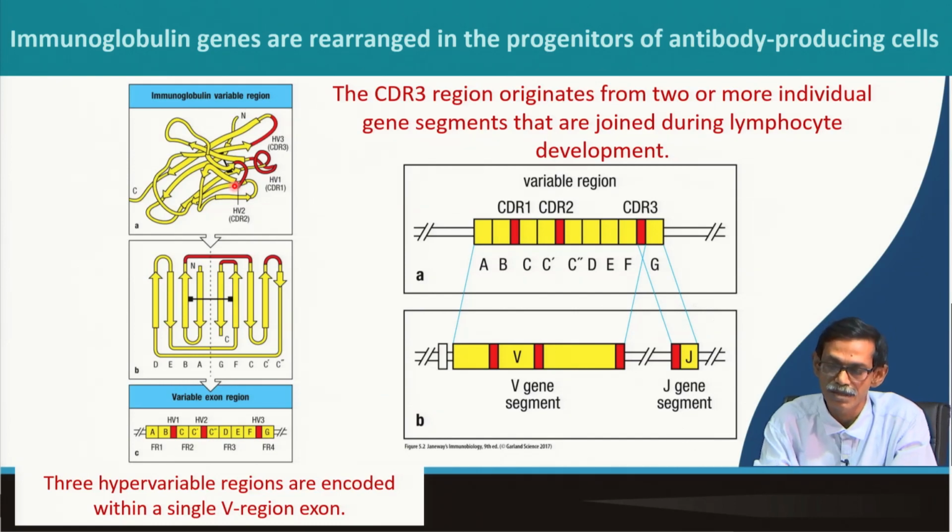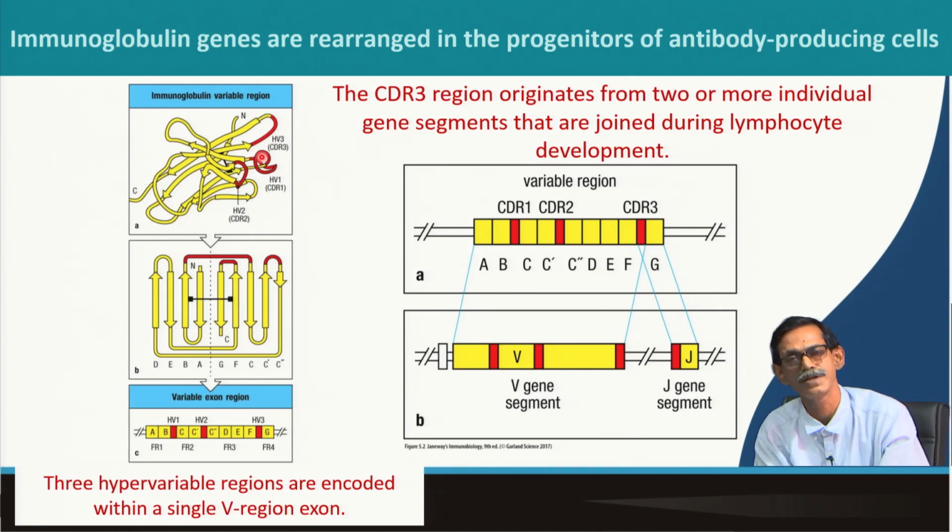Our main idea in this lecture will be to prove how this variation comes and how these hypervariable regions are different. Okay. How come so many variable sequences are present in the total repertoire of antibody? Let us understand first the antibody part, or the B cell receptor part, then we will see how this is applicable for the T cell receptor part.